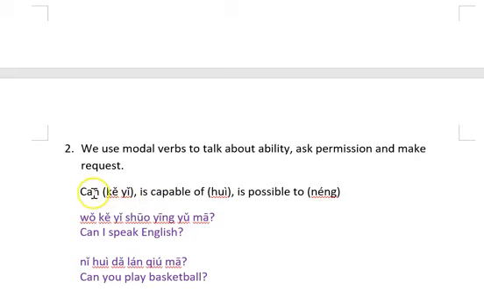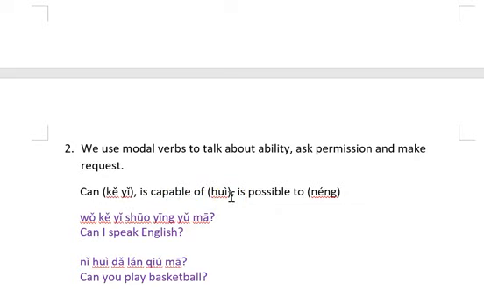However, the word can in English can be interpreted in several ways. It can be interpreted as asking for permission, like, can I go to the toilet? In the classroom, you ask that request to your teachers. And at other times, you can use the word can as someone's capability. Like, for example, can you play basketball? So in that way, we're using a different Chinese word, 会,